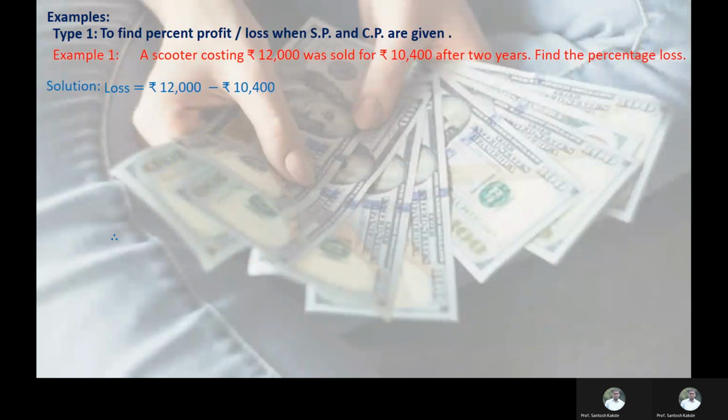12,000 minus 10,400. So it's nothing but 1,600 rupees loss. Now on CP, that is cost price, if 12,000 rupees, loss is 1,600 rupees. So on 100 rupees, how much loss do we have to calculate? Just taking cross multiplication, 100 into 1,600 divided by 12,000, and cancelling zeros in